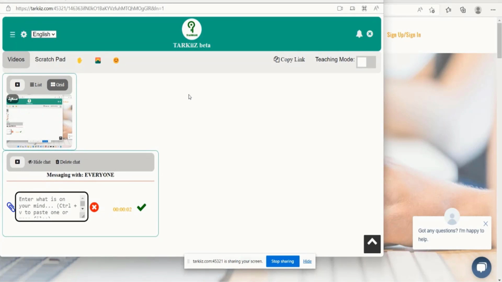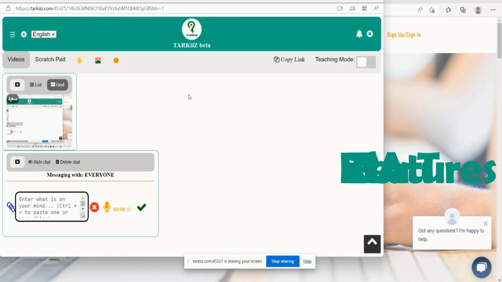So what about this TARKiiZ web application? TARKiiZ means focus. So let me focus and tell you a little bit about it. TARKiiZ features